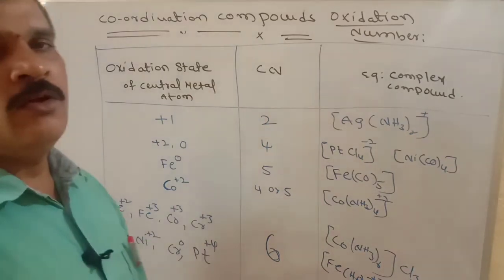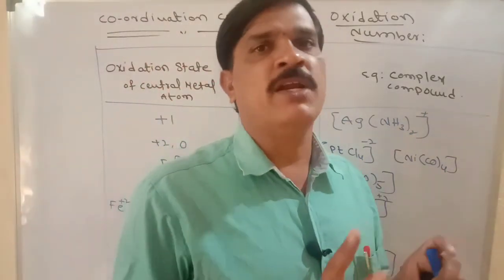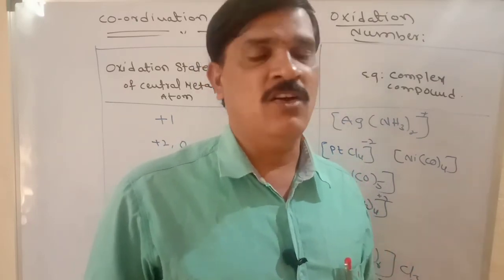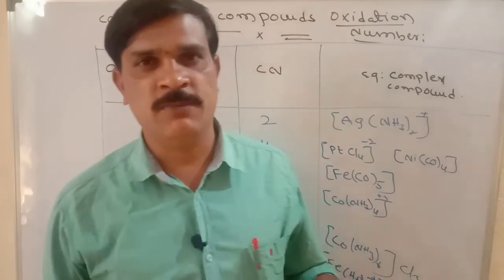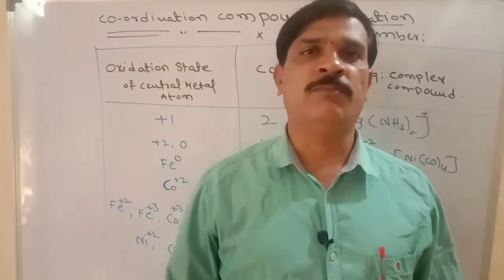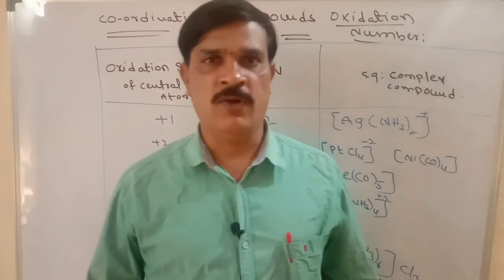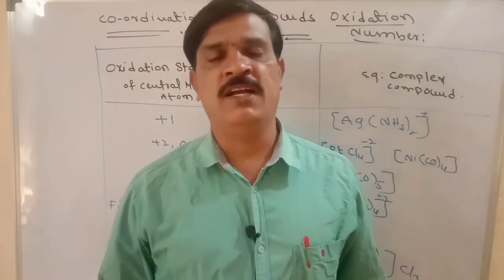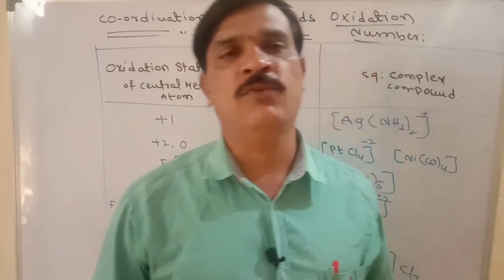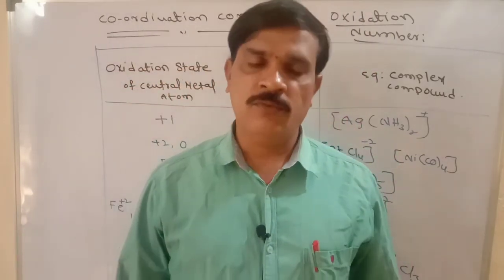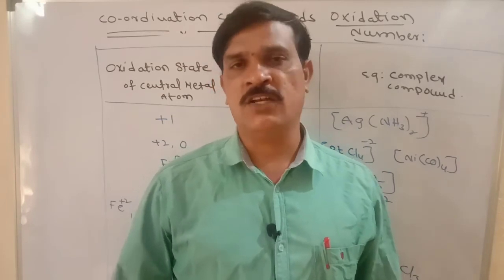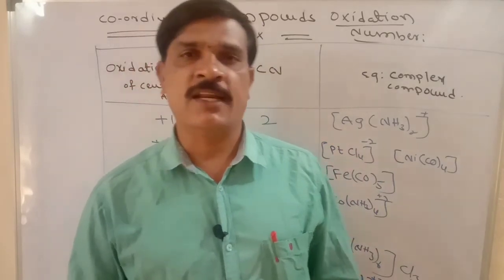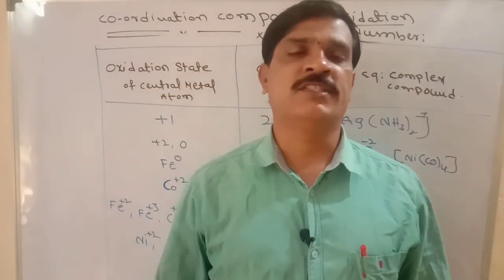Once again, what is the relation between coordination number and oxidation state? If you don't know, follow the method please. I gave in the last video how to calculate the coordination number. Coordination number is equal to denticity into number of ligands. If it is monodentate, write 1 only. If it is bidentate, write 2. If it is tetradentate, write 4. And then the number of ligands: how many ligands are there? Multiply that, you will get the coordination number. If you don't know the oxidation state, I just gave how to calculate it, follow that procedure. Just remember, consider the central metal atom as X and follow the procedure, you will get the oxidation state.